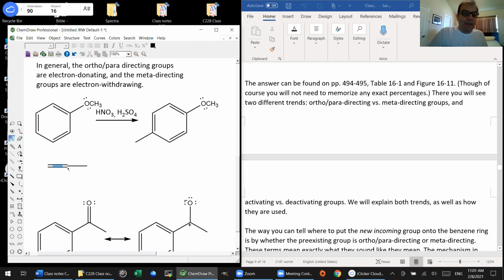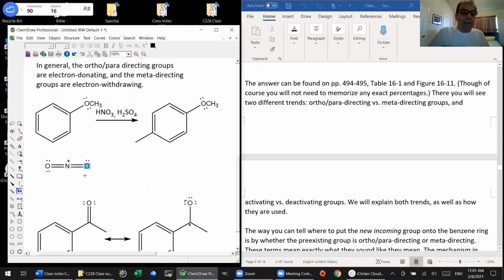I've made that very clear in the class notes, and I don't wish to go over that in detail again. But you'll recall that addition of the nitro group involves formation of the nitronium ion, NO2+. And so we will show whatever the class notes say we need to show,